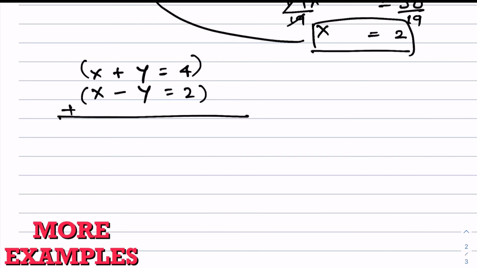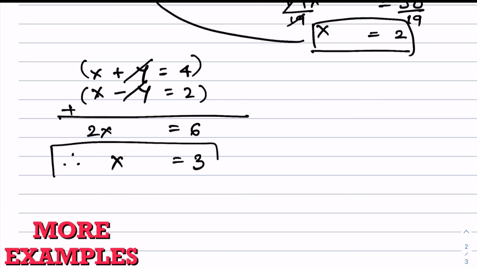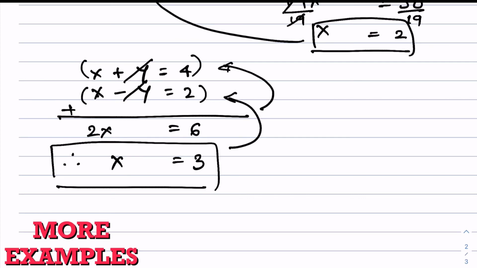So if we add these two equations, then we get x plus x is equal to 2x, y plus minus y, which is y minus y, gets eliminated, and 4 plus 2 becomes 6, and therefore x becomes equal to 3. And then again plug the value of x back into one of these equations and you can find the value of y. So by bringing in these two different examples, I just want to communicate the fact that